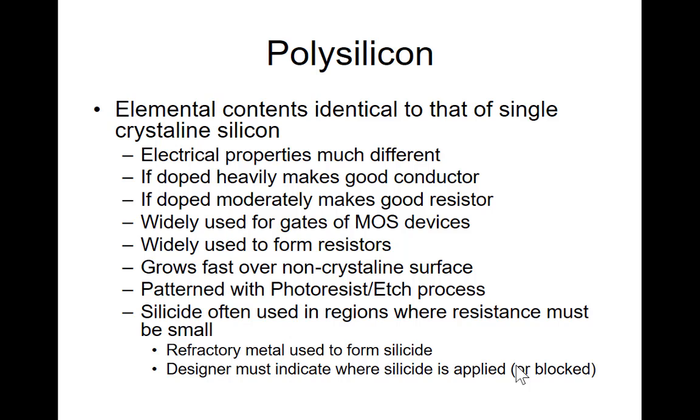But the gate poly, you have roughly speaking about 50 ohms for the same shape, one square shape. You get about 50 ohms. And if you have the high resistivity poly, then you can get a kilo ohm or 2 kilo ohm. So by controlling the material, you can use the poly to make a good semiconductor, a conductor between metal and the substrate, much more conductive than the crystal silicon, but